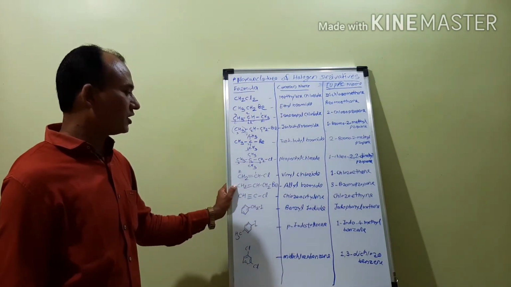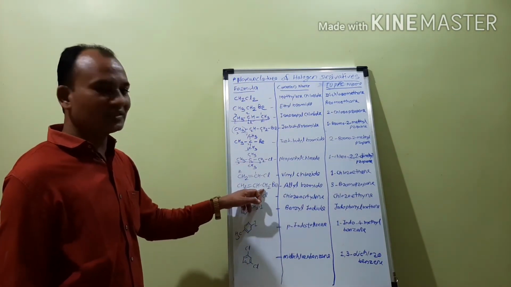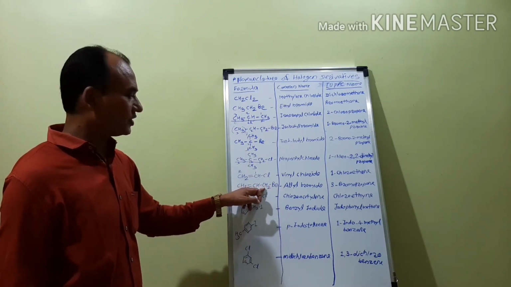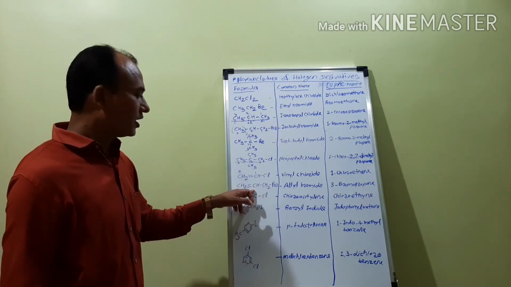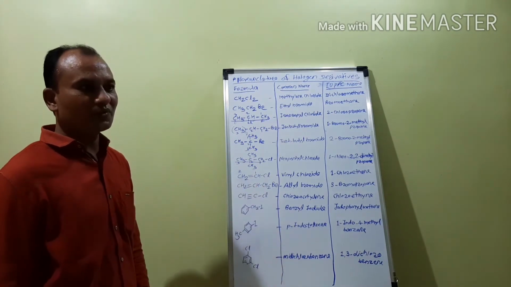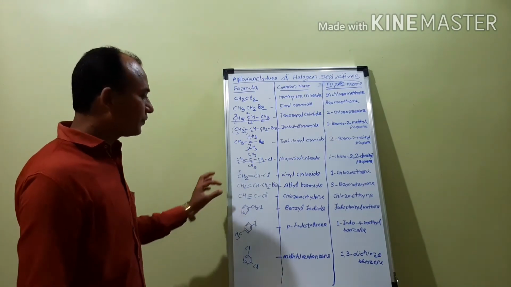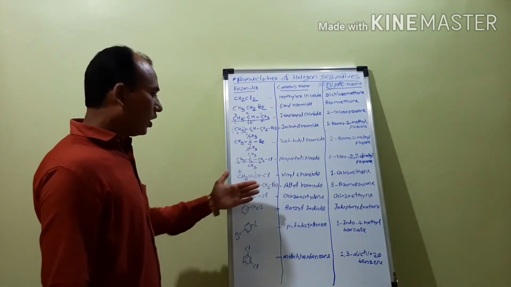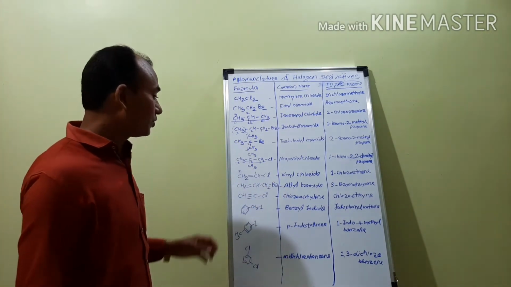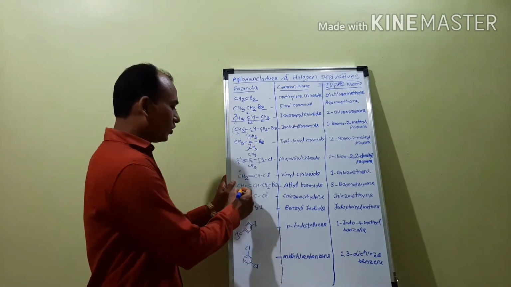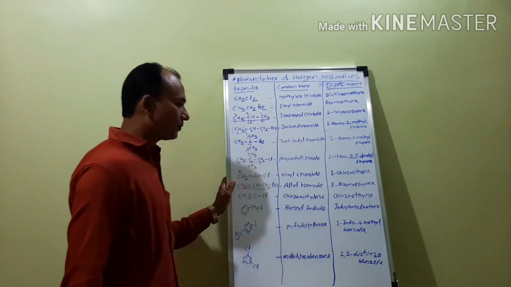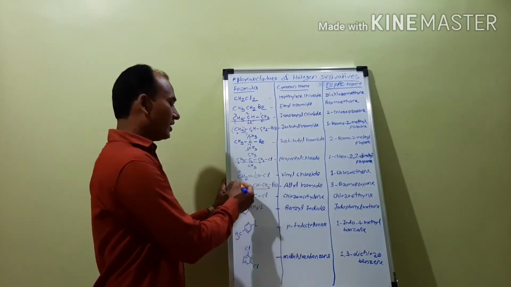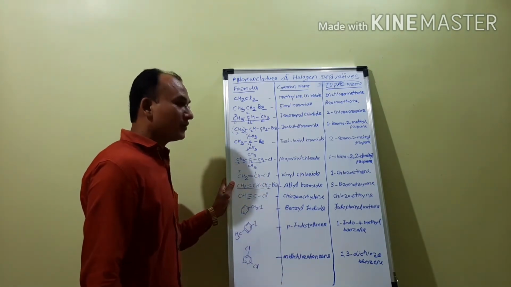Second example, CH2=CH-CH2Br. This is an allylic halide because the halogen atom is attached to the carbon atom which is attached to the doubly bonded carbon atom, as we already learned about such types of halogen derivatives. So the common name is allyl bromide. Now how can we give the IUPAC name to this compound? You have to follow the same rule. Select the longest continuous carbon chain. It contains 3 carbon atoms. Now in that case there are 2 possibilities. We can use the numbering from the right hand side or from the left hand side, but which one is correct?